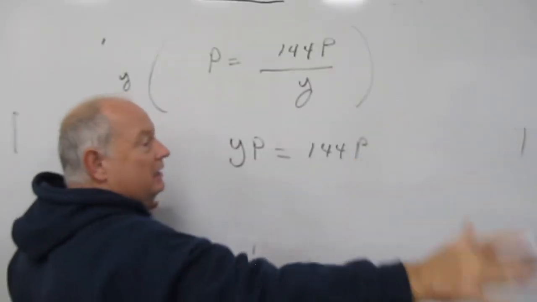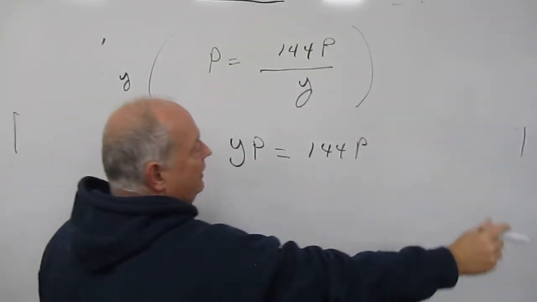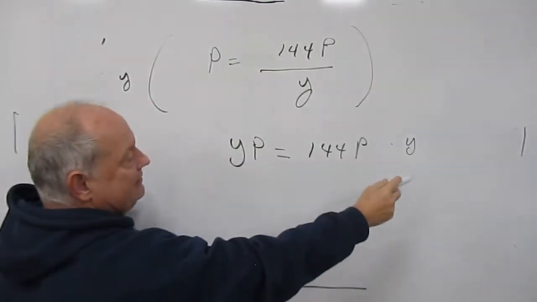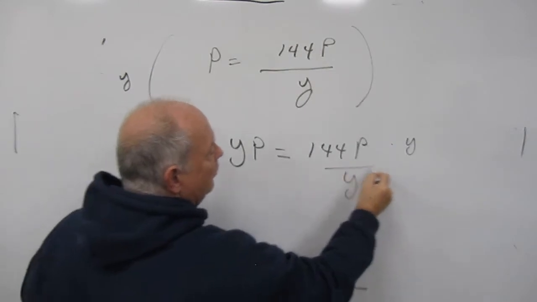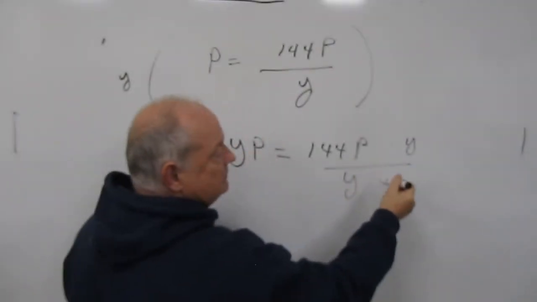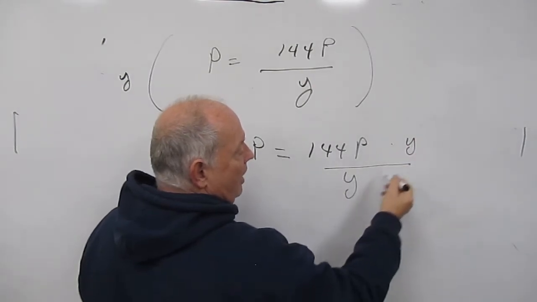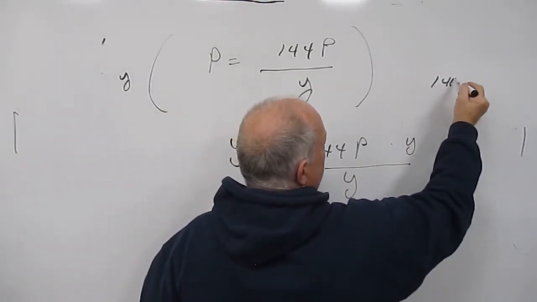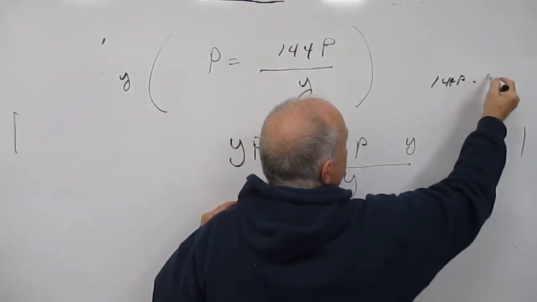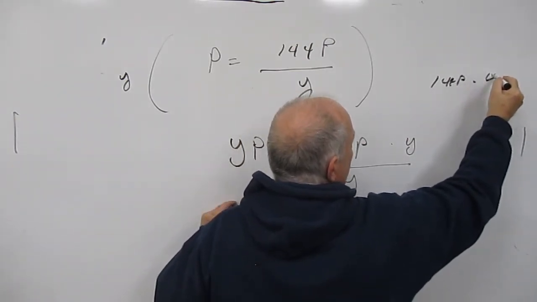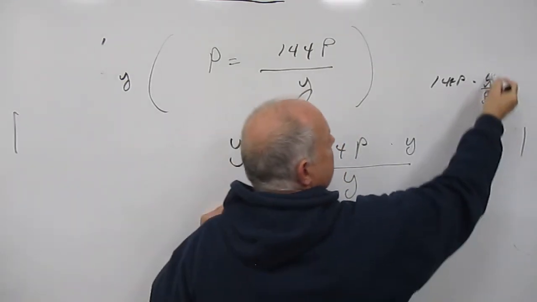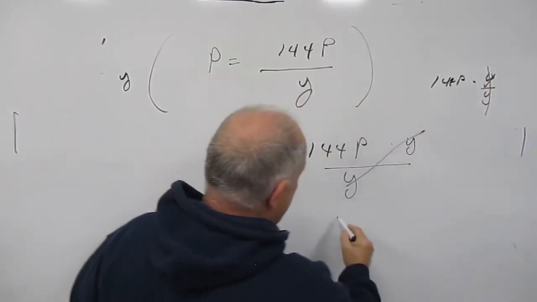This is the long route here, and of course we multiply through, and we would multiply our Y to that side, and we'd have it over the Y. And then we can see here that Y over Y is 1. 144P times Y, over Y, like that, is 1. So that cancels out, leaves us